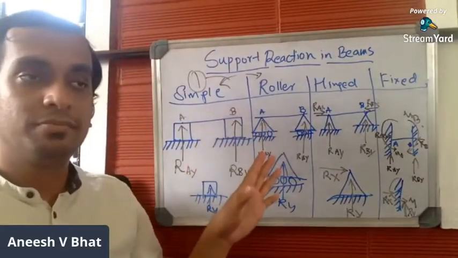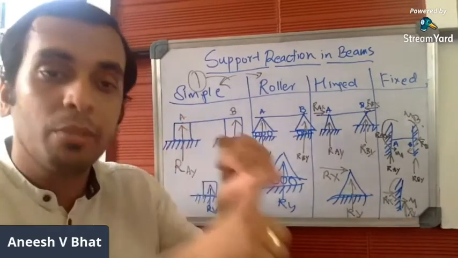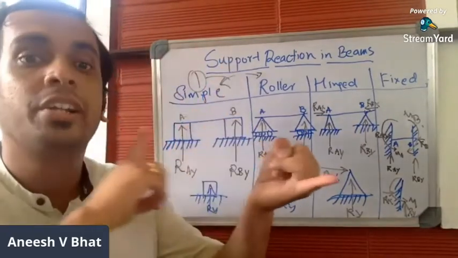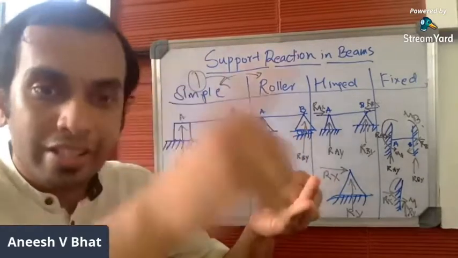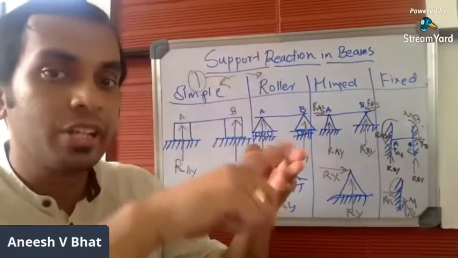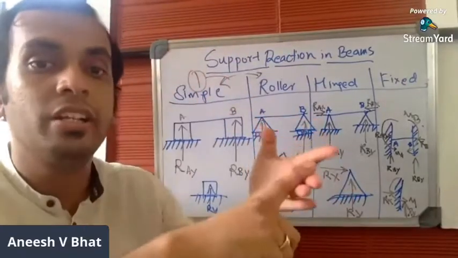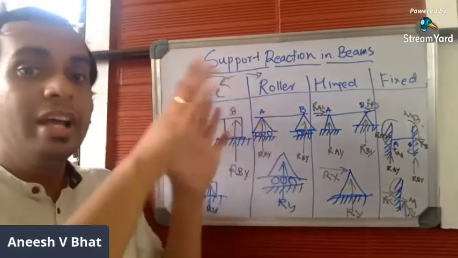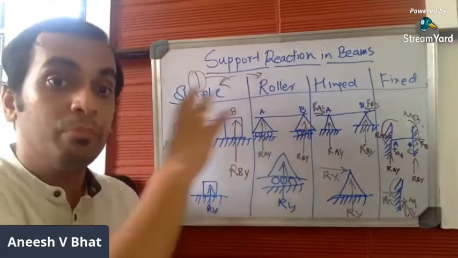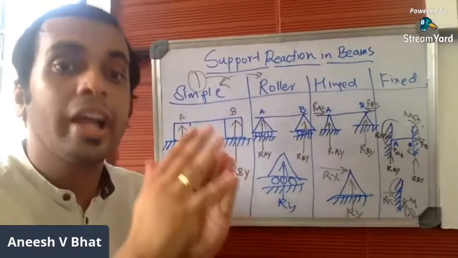You have to remember this. You have to clearly remember this. If a beam is supported, if simple support is used, one reaction in y direction. If roller support is used, one reaction in y direction. If hinge support is used, two reactions in x and y direction. If fixed support is used, three reactions, one in y direction, x direction, and a moment. So you have to remember this. Remember the number of reactions offered by all of these supports, and you should know how to identify the type